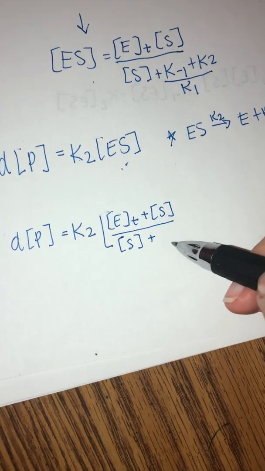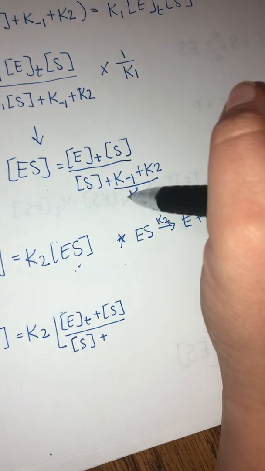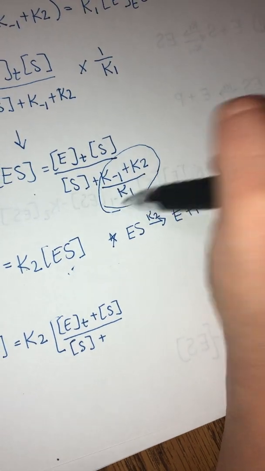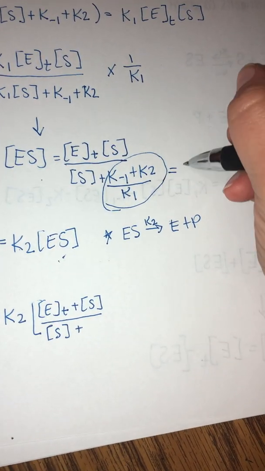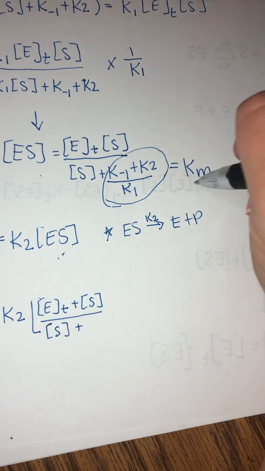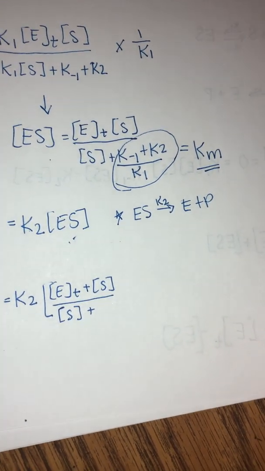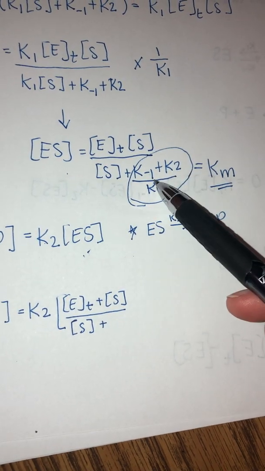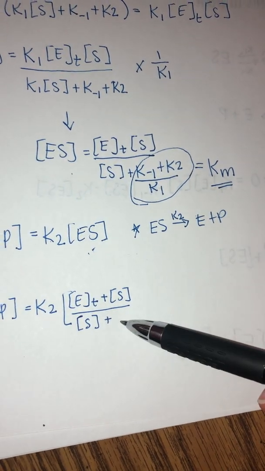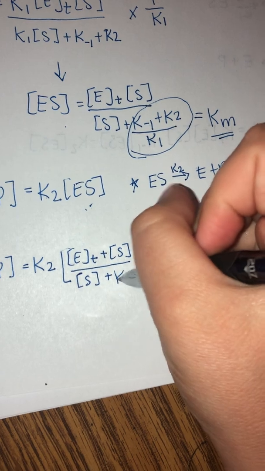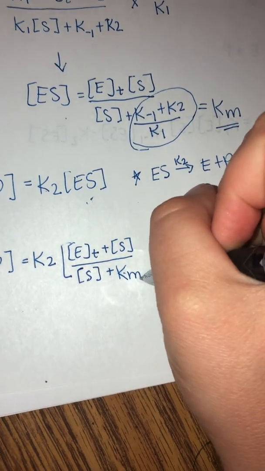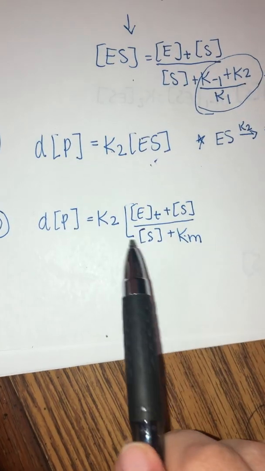Now, before I continue writing, this here is actually equal to Km, and Km is known as Michaelis constant. So instead of writing all of this out, I'm going to substitute Km down here in this equation. Okay, so now we have